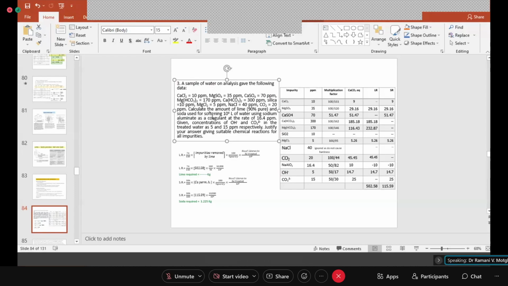Means there is no other tricky sentence, some twist can be there, like it can be mentioned that you need 10%, 20% excess because of the impurities present in soda. So accordingly, you have to then calculate. So if 20% extra is required, means what is the percentage purity? Okay. So we'll write soda also here. Soda, say 95% pure.